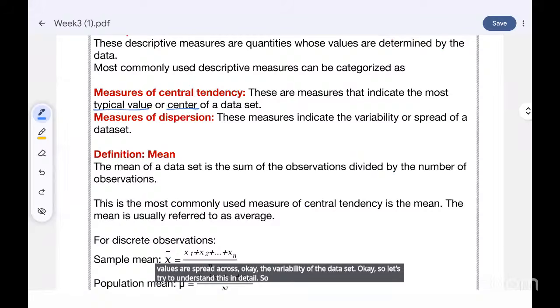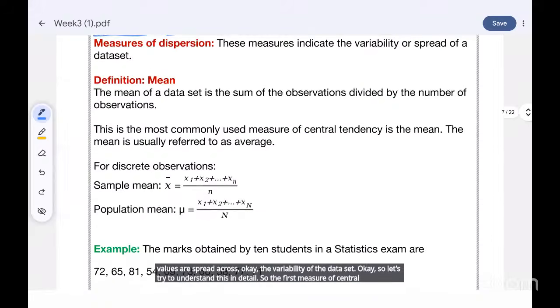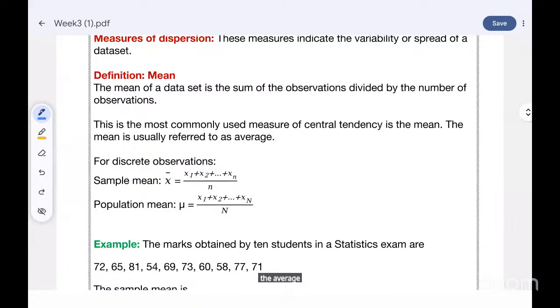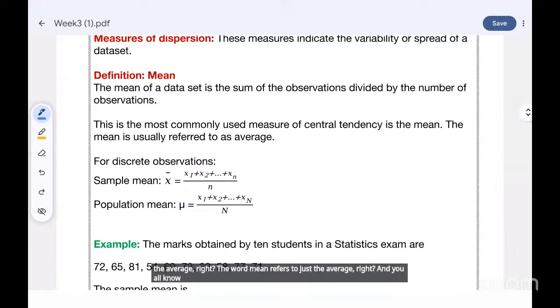So the first measure of central tendency we are going to see is mean, which you already know, the average, right? The word mean refers to just the average, right? And you all know how to calculate the average, right? So how do you calculate the average? Whatever is the data set, you add all the values and divide by the number of observations,